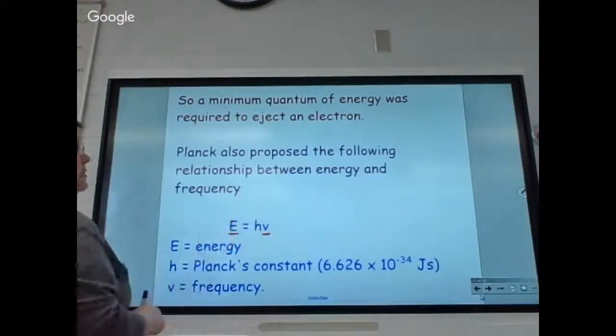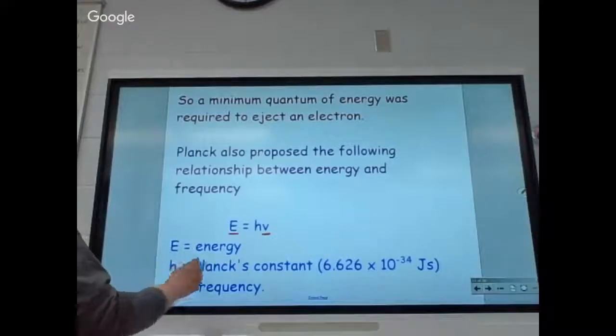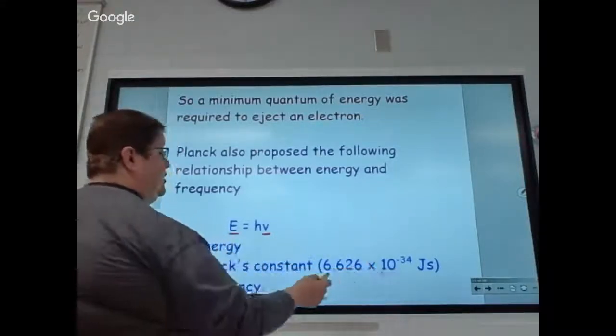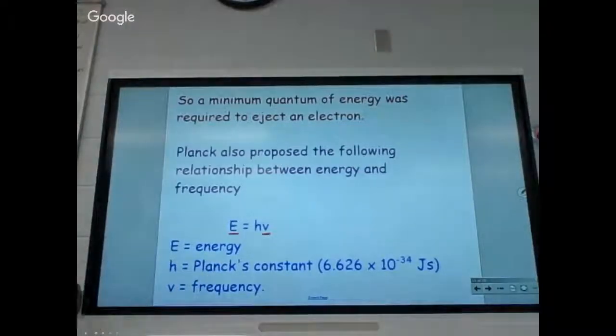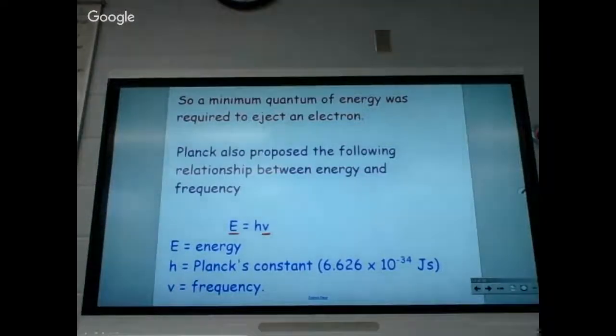I only put this here because this is what H stands for. H is Planck's constant. You are never going to have to know this number. You are never going to have to know H. However, because I'm a science teacher and I don't leave blank spots in equations, I put it up there so you know what it is. But you are never going to have to tell me what Planck's constant is. So if you don't want to write it down, you do not have to. If you want to notate out to the side that you don't need to know that, feel free. You're not going to calculate with this equation. The only calculation we're doing is the one you did on the quiz today.